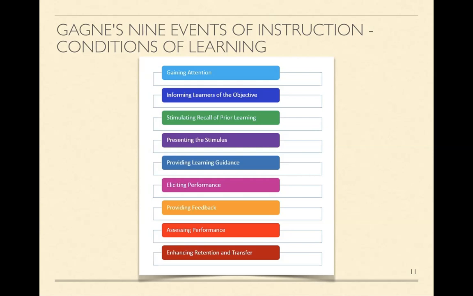Number 5, of course, is providing learning guidance. So make sure that your instructions are clear, that students know exactly what they need to do and what the deliverable is going to be. Give them suggestions on how they can complete the task. Don't overburden them. As an instructor of adult learners for many years,